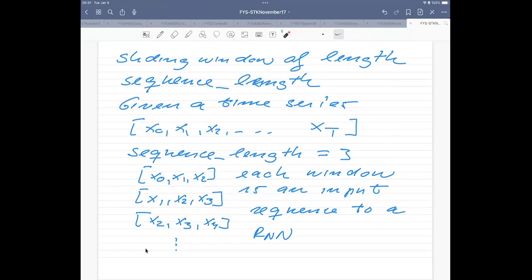But with a sliding window, you split up the training into many, many subsequent windows. And the hope then is that this can take into account correlations in a better way.